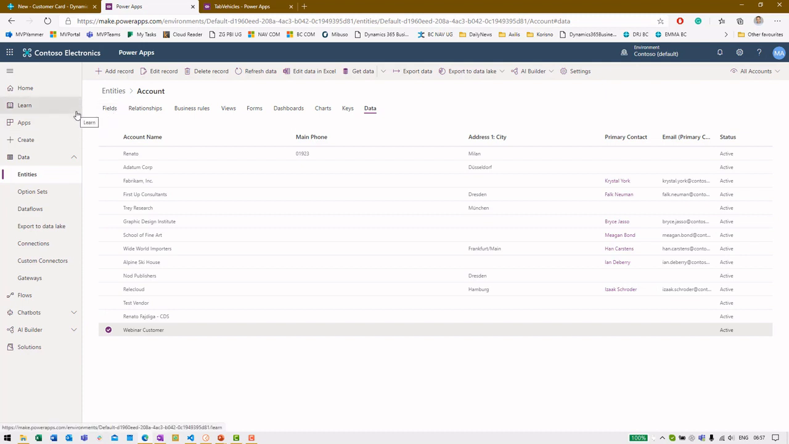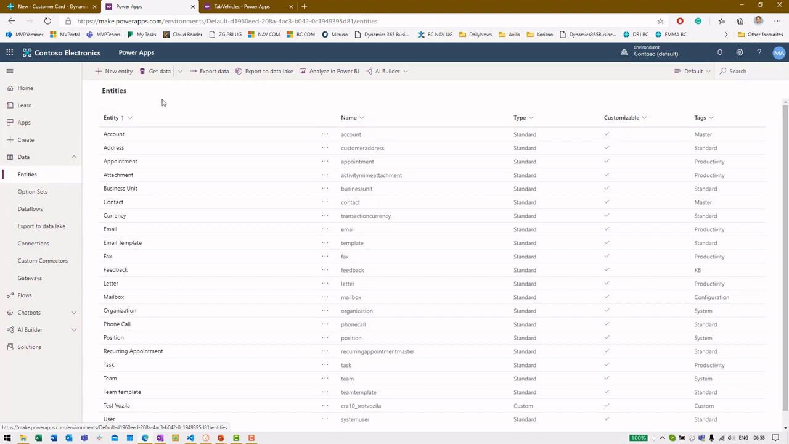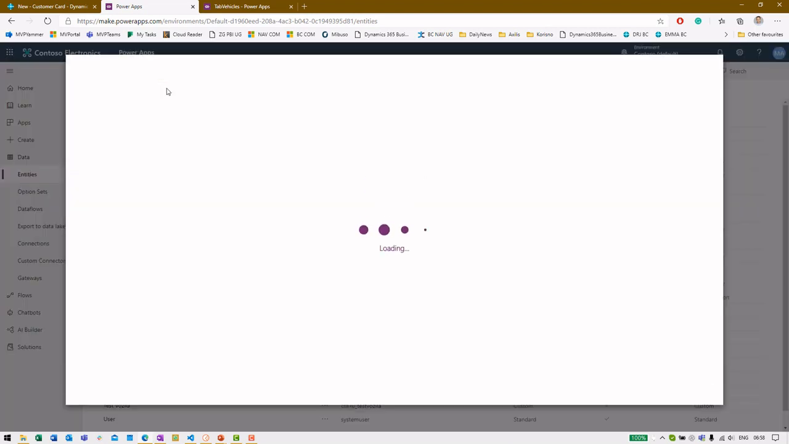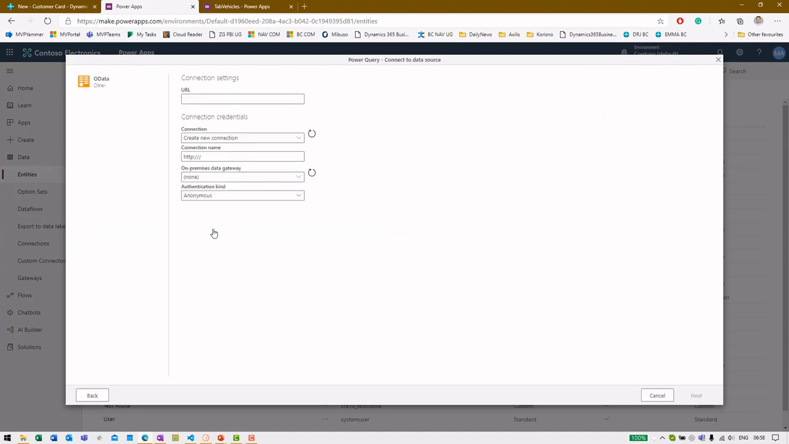The second way you can integrate your Dynamics 365 Business Central with the Common Data Service is by using the OData connector. So when I'm here inside my entities, I can click Get Data, and I will click Get Data. And here I can consume data to connect to my Dynamics 365 Business Central, because for now I don't have a Dynamics 365 Business Central connector. So I will use OData,